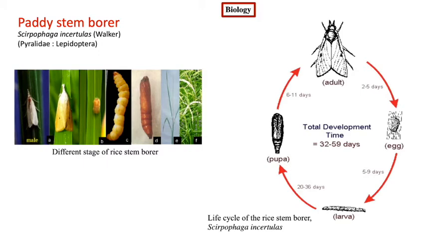It is white or yellowish white with a well developed prothoracic shield. Before pupation, it covers the exit hole with thin webbing and then forms a white silken cocoon in which it pupates. The pupa is dark brown and measures 12 mm long. The pupal period varies from 6 to 10 days and may get prolonged depending on the weather conditions. The entire life cycle is completed in 50 to 70 days.